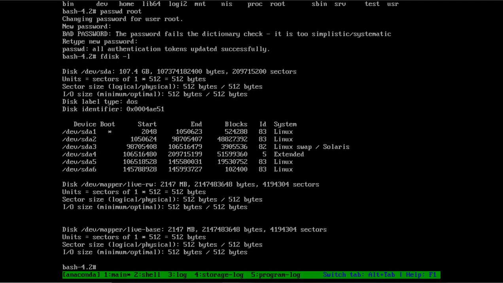And if the partitions are not automatically detected, then we can manually mount these partitions and see the data, whether it is mounting or not mounting. And if it is not mounting properly, then what can we do? We can save the data, take the backup, copy the data, and then reinstall the whole operating system.